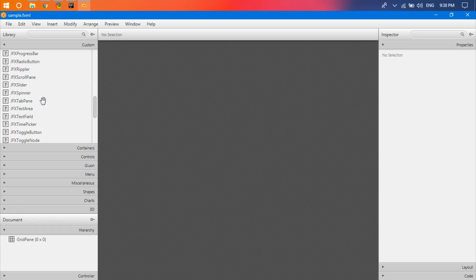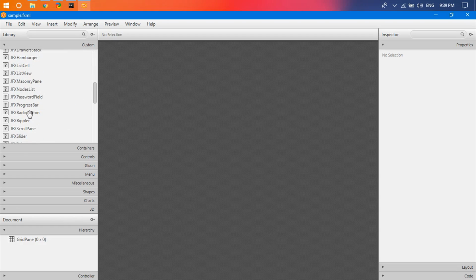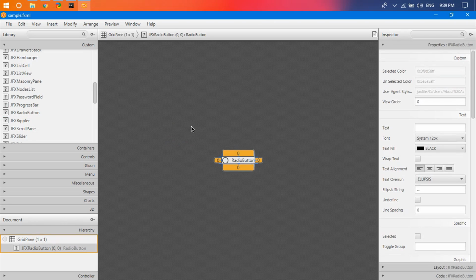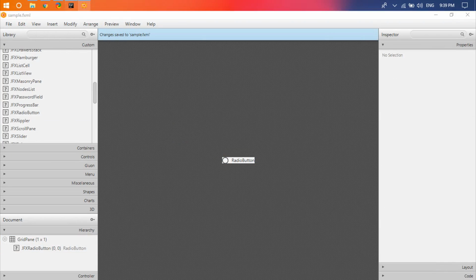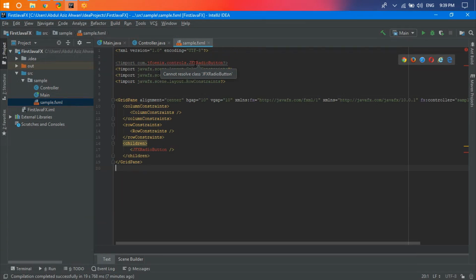Okay, let me choose one of JPhonics component. Here I choose maybe JFX radio button. I add JFX radio button here, and I just save, and here we can see something error, and when we run this project,